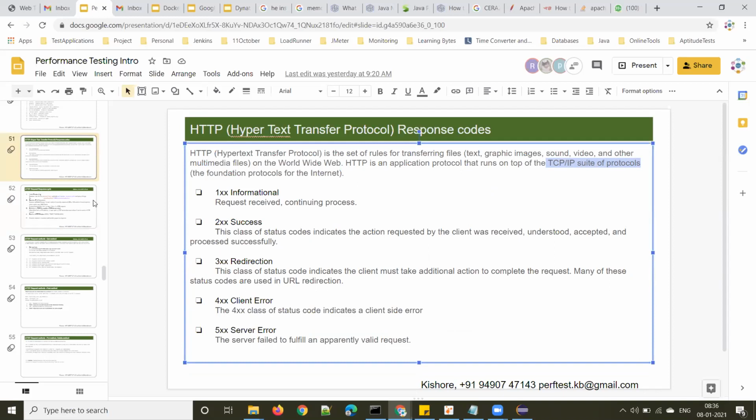So now there are 5 different types of response codes. Response codes starting with 1, 1xx, where any number can come in place of x. The 1xx response code stands for informational. It says that the request is received and the server is continuing the process. Once you send a request and get the response, you may get a response code of any of these categories. Is it clear?